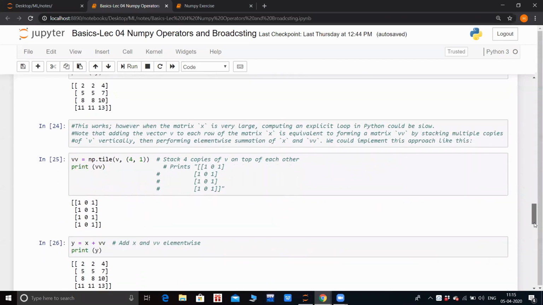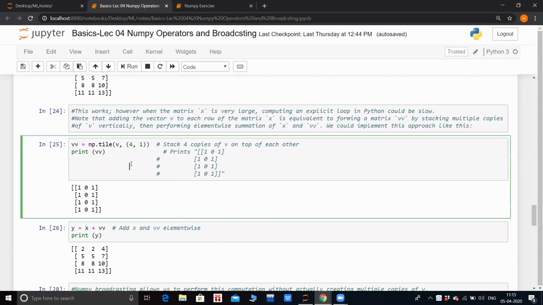Then, okay, now if you want to stack 4 copies of any array that you have defined, what you need to do is just call it in this way. I've named it VV, then np.tile, then just passed V as the first argument. And I'll just mention the number of rows and number of columns I want to stack my values.